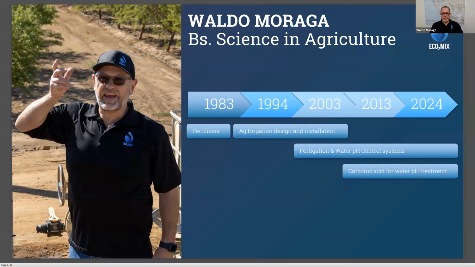And in 2013, I realized that we had to switch to something different and start researching carbon dioxide and the benefits, and how simple it is to do with carbonic acid. So since 2013, we started doing carbonic acid treatment. We came to California. Actually, I'm from Chile. I came to California and started